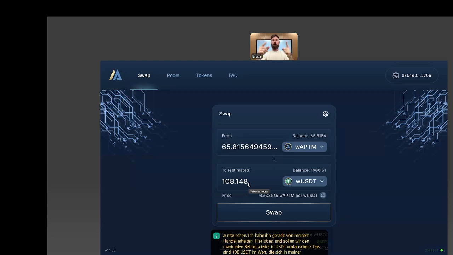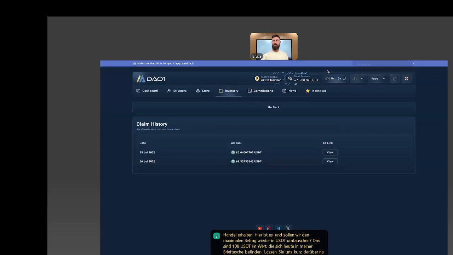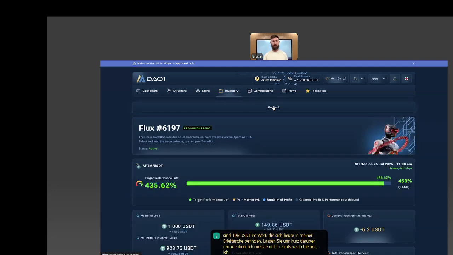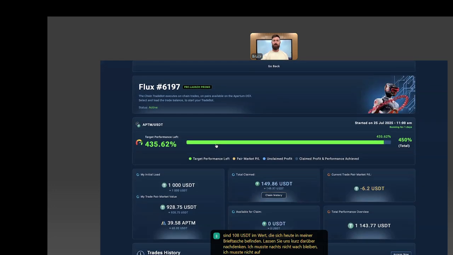Let's just reflect on that for a moment. I didn't have to stay up at night. I didn't have to go and stare at the screen. I didn't have to go and execute trades. Of the 1,000 USDT of value, my deposit that I've put in here, I've already, in the last 24 hours,